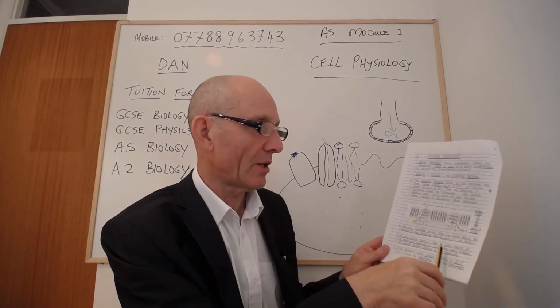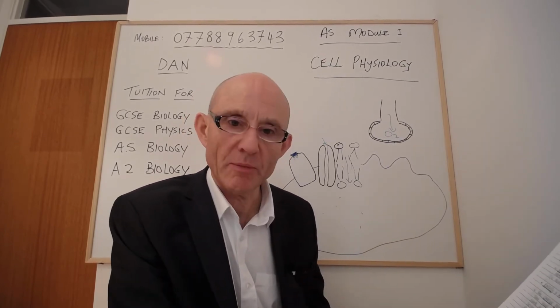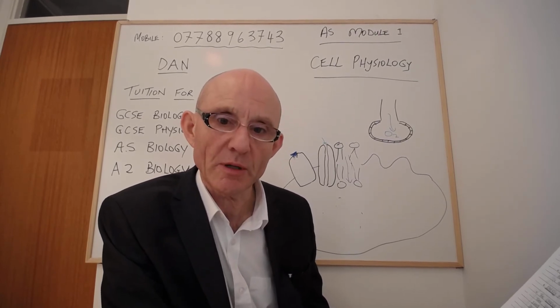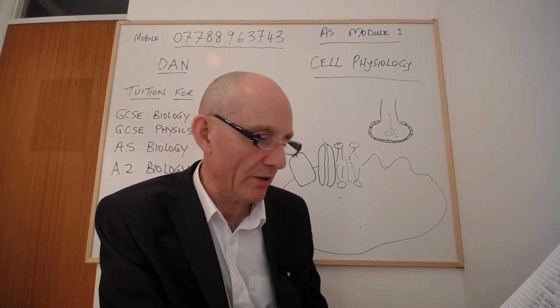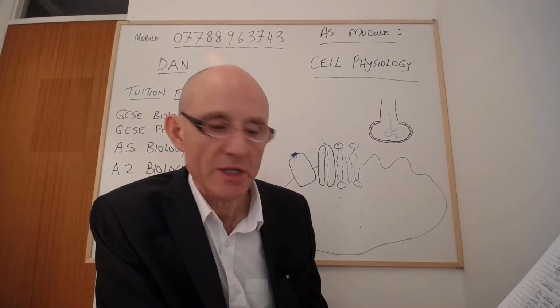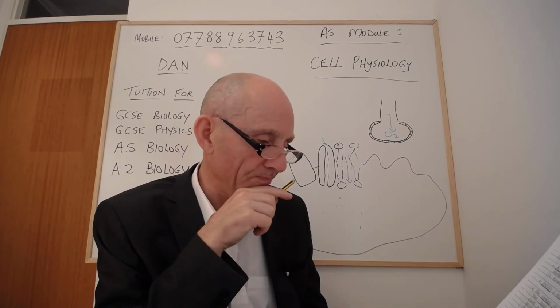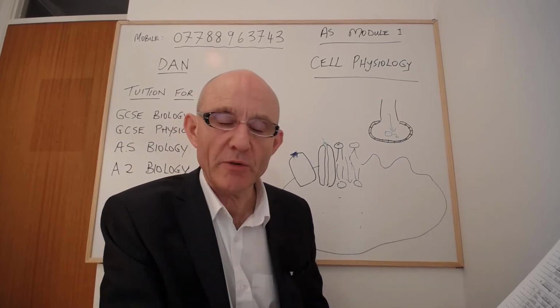As I've said here, a cell which needs to take in large amounts of a particular molecule or ion will have large numbers of carrier proteins specific to that molecule, designed for or dedicated to that molecule. Active transport needs energy. The energy is supplied by ATP, and it's made in respiration